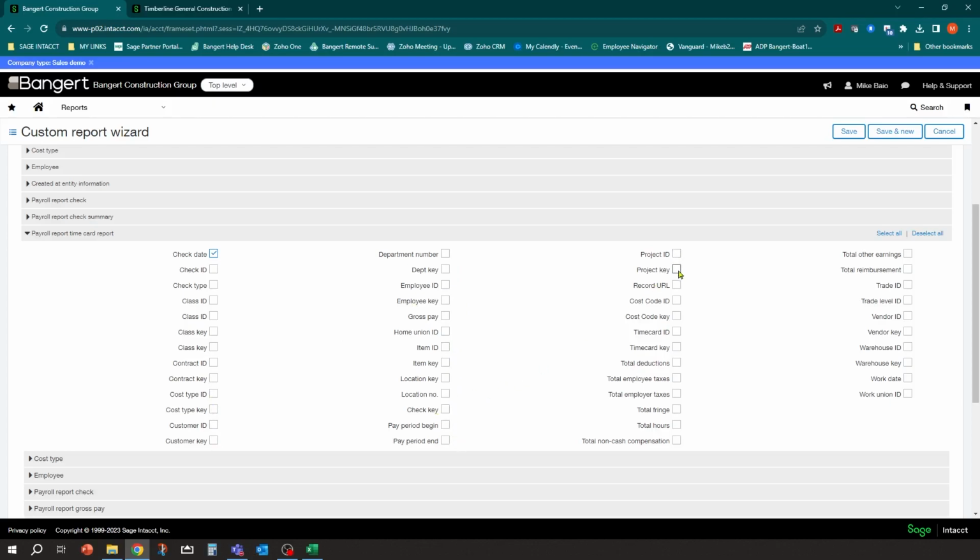Check date. We have total hours, which would be important. We already picked work date, so in some cases they're going to be in multiple levels, and maybe if I was doing a union, I want the trade information, but we'll leave that blank. Now, some other fields here that we need that we didn't see yet. Maybe we want cost code ID. That could be a little cryptic as far as what is the actual description of that.